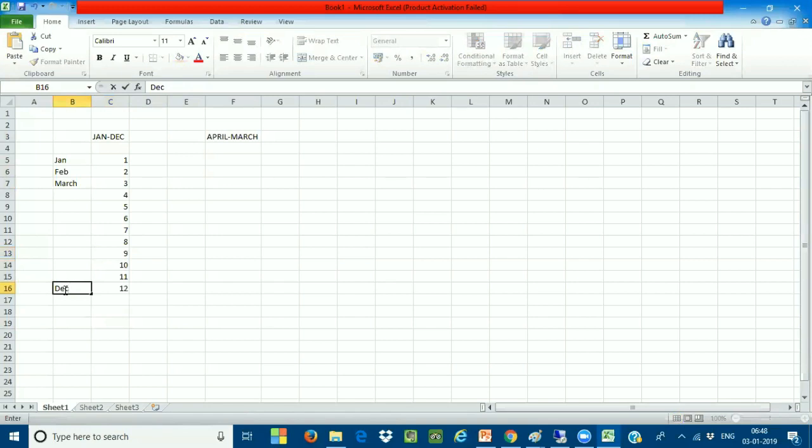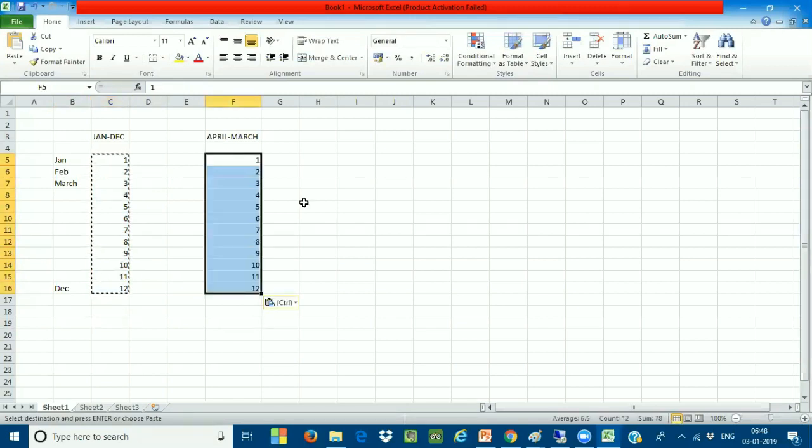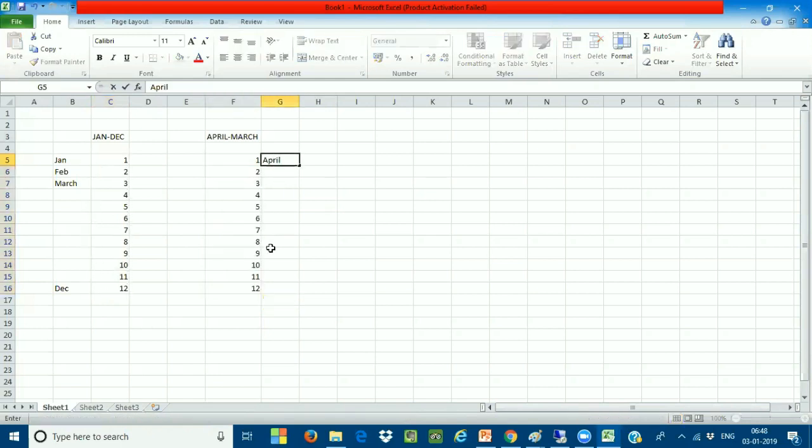But when I come to April to March, here the same parameters I'm going to be using here also. But here the periods are going to start from April, not from January. So the first period is going to be April and the last period is going to be called March. Very, very important.